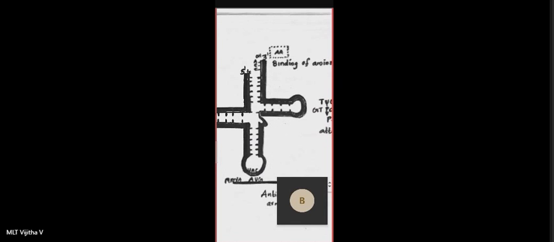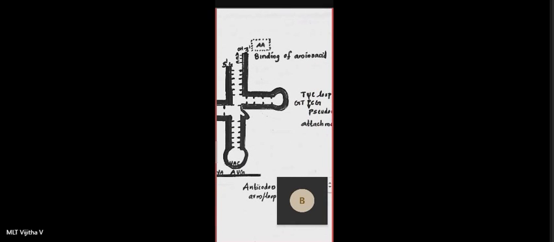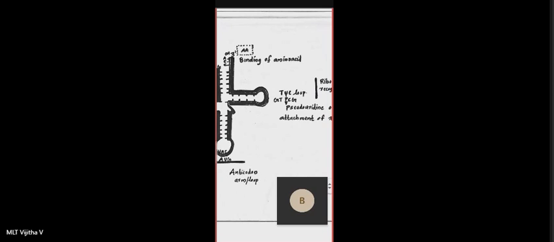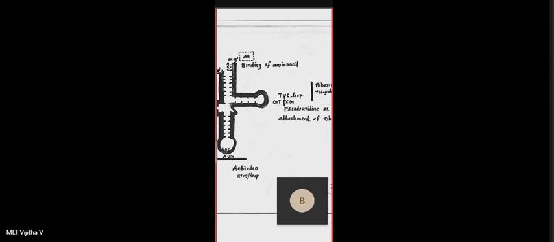The loop towards the 3 prime is known as the T loop. It is also called the TΨC loop. This T is actually written like this: pseudouracil or pseudouridine. There is a T here, that means thymine. Normally T's are not there in RNAs, but here is a T. So this is the T loop, also known as the TΨC loop. The function of this is ribosome recognition site.